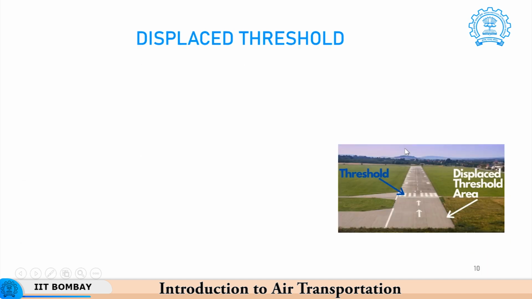Okay. There is one more concept which we need to understand when we declare the airport lengths, and that is the displaced threshold. Now, threshold is normally the point where the pilot is supposed to aim for touchdown of the aircraft. So, it is marked by these zebra crossing type white colored lines, but in some cases